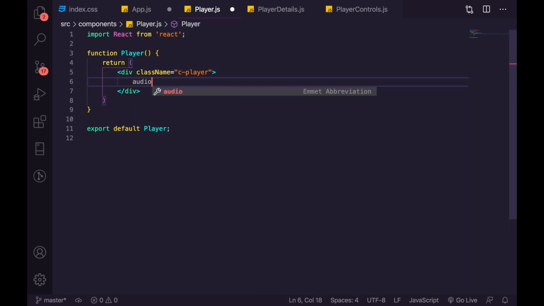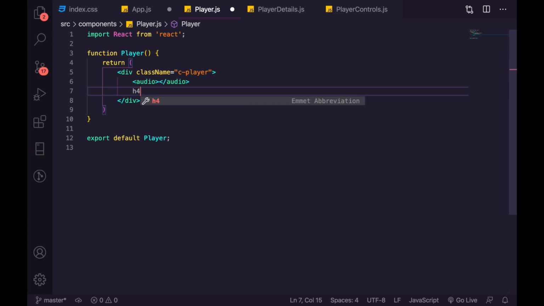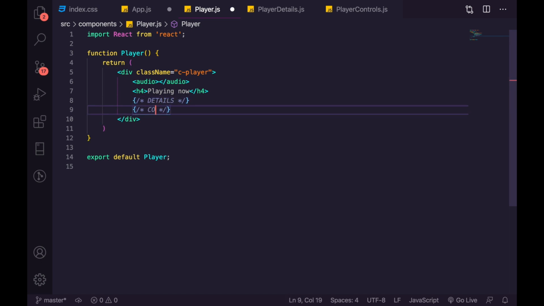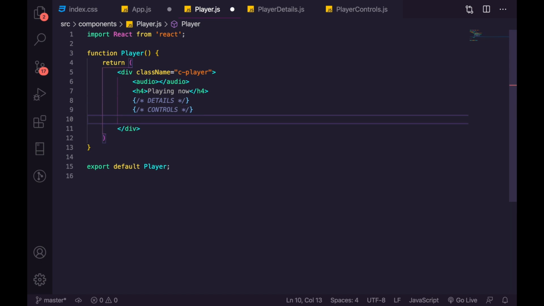And in here we're going to need an audio. So this is where we actually don't need a source just yet, but this is going to be where the music plays from. We then need an h4, which is actually just going to say Playing Now. We're then going to need the details, and we'll just add a comment for controls. So those components are going to go in here, and then we're going to have a p, which has a strong that says Next Up, and then after it, it's going to have our song. So for now, we'll just say